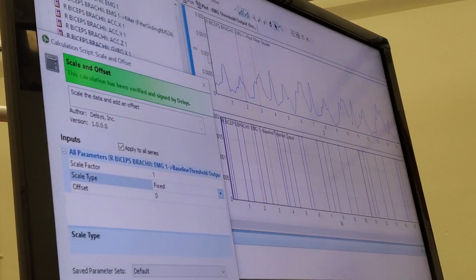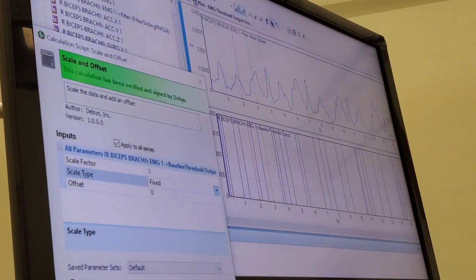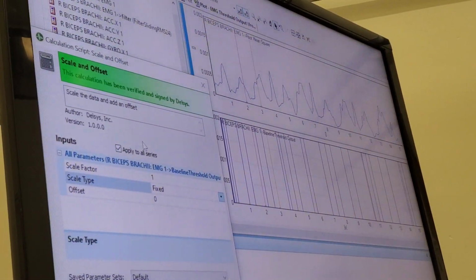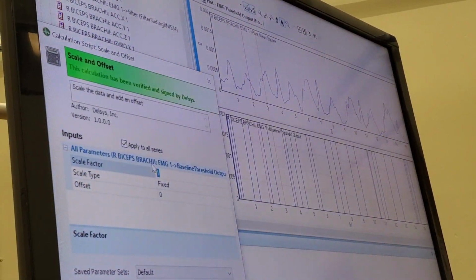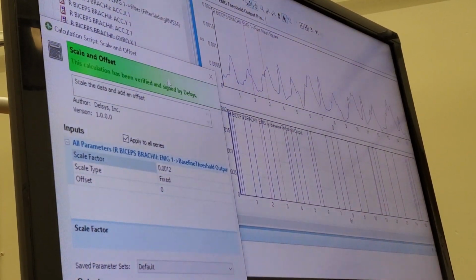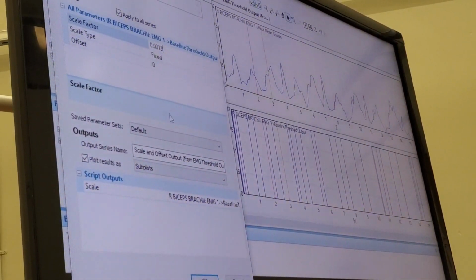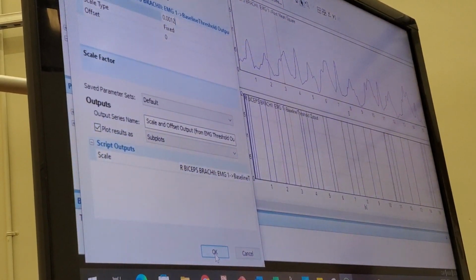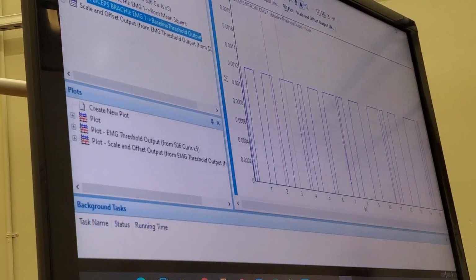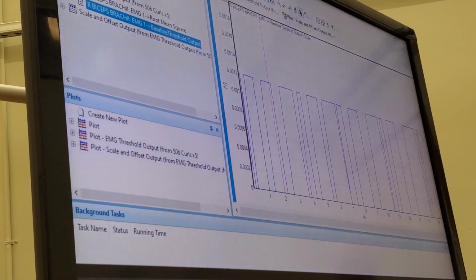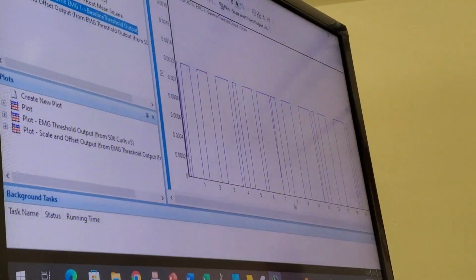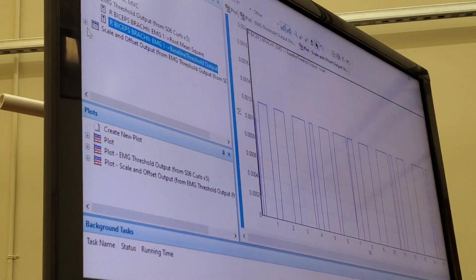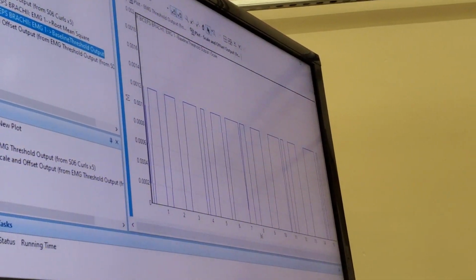So 0.001 volts. So I'd probably say 0.0012, right? So I'm going to say that. It doesn't really matter in terms of the data, it just matters in terms of the visualization. Right, so let's do that. All right, so yeah, there we go. So now we have at least an estimation of on and off timing based on the standardized settings of the original